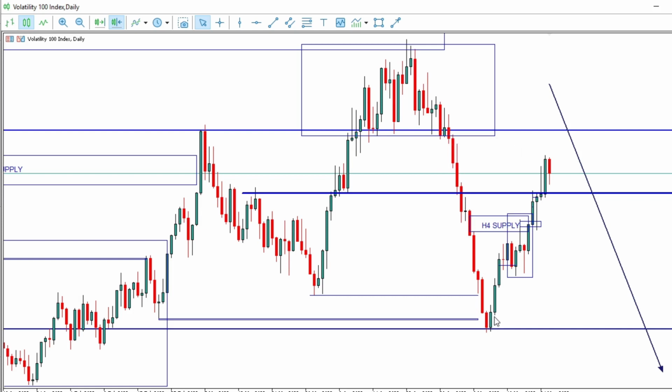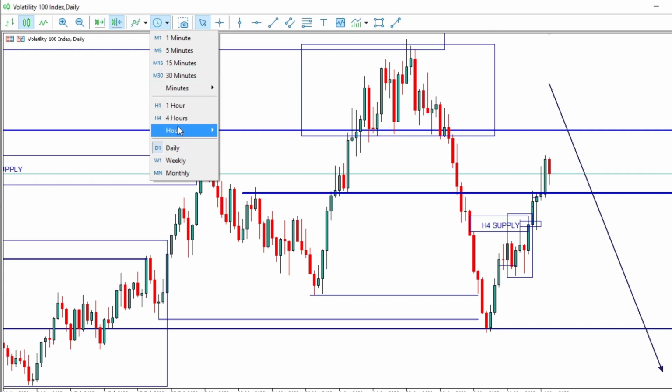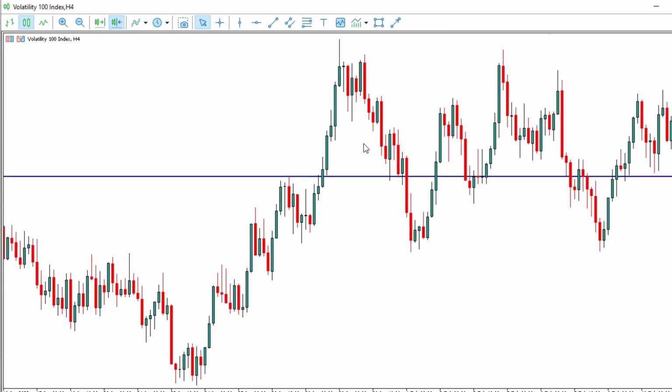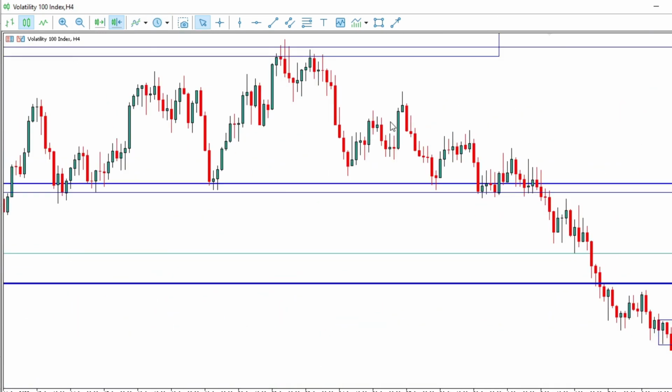So that's it. So now we are on the daily. I told you something that you should know, and it's sometimes complex, which is to do the top-down analysis or the order flow, you get. If you get a signal, you analyze and see how orders are going to flow on smaller time frames. So let's quickly go on H4, and then we see where we are.